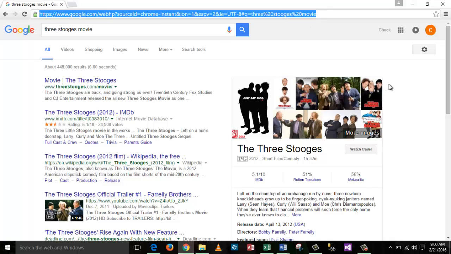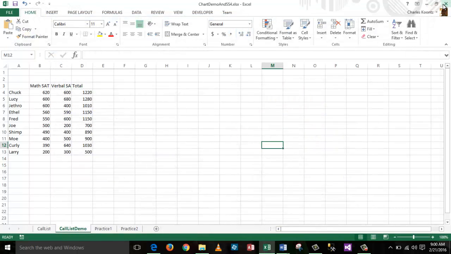With that being highlighted, I'll execute a Control-C, and at this point the text is stored on the clipboard. I'm going to close up the browser,